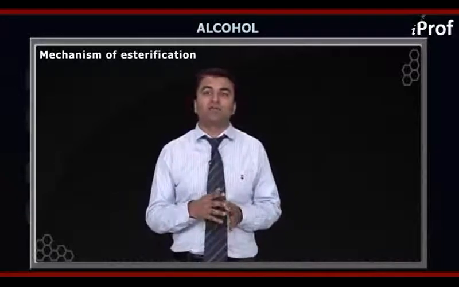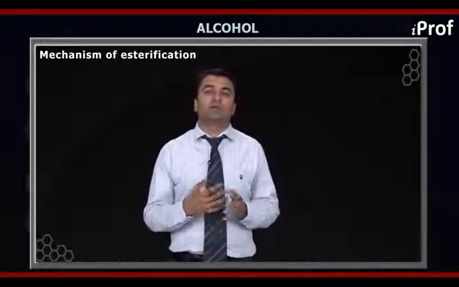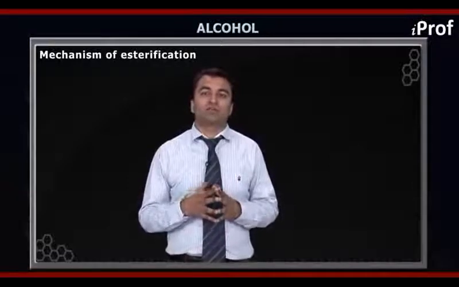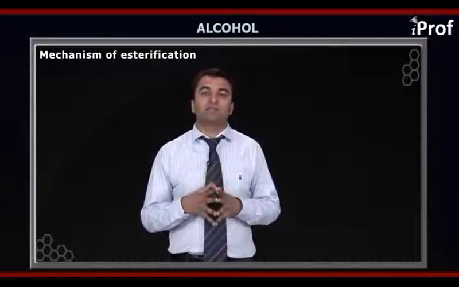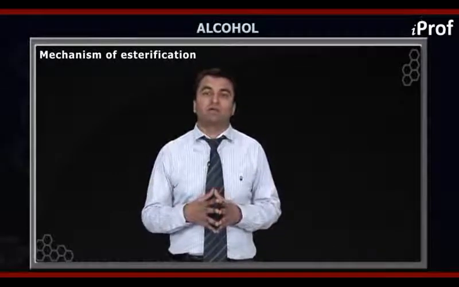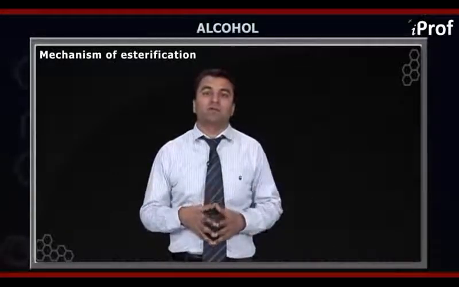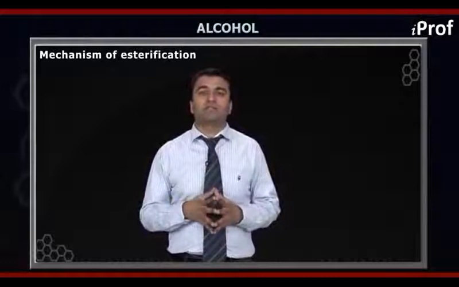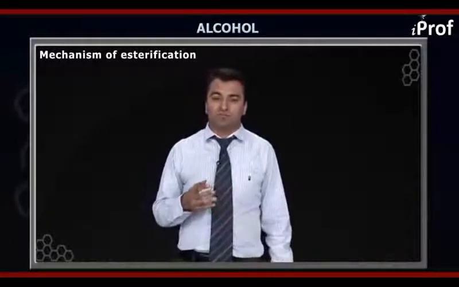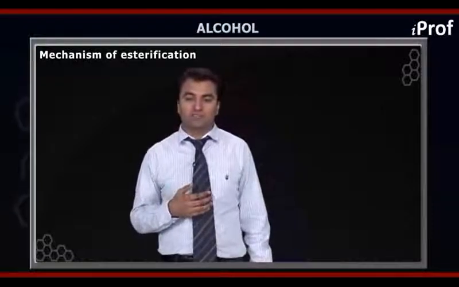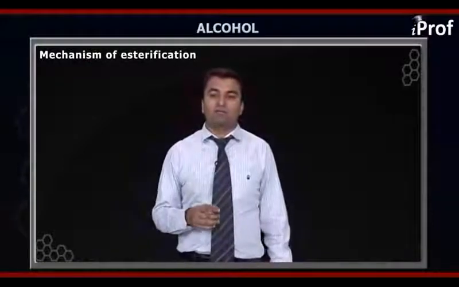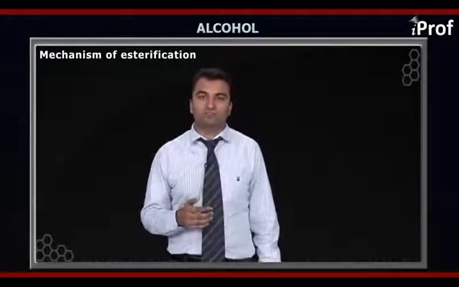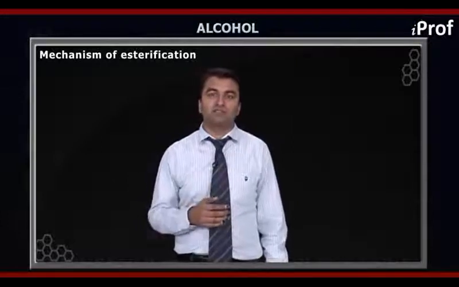Now after this we also discussed how to convert the reaction into the forward direction. The last question regarding the esterification concept is that we are given 3-4 types of alcohols and 3-4 types of acids. We have to arrange them in increasing or decreasing order of the rate of the esterification reaction. Let me take an example for the carboxylic acid first of all. Suppose we have the carboxylic acid HCOOH, and we have CH3COOH,